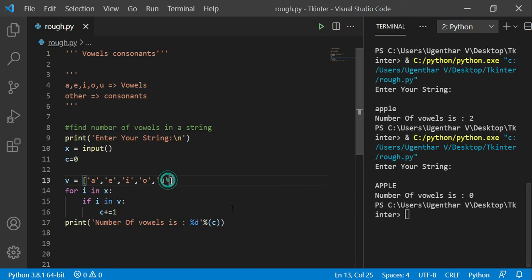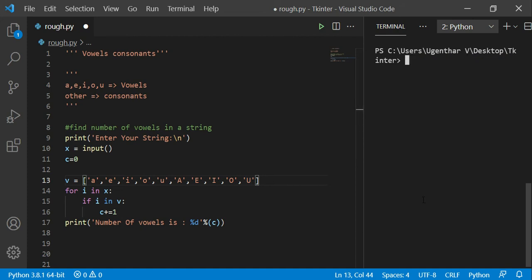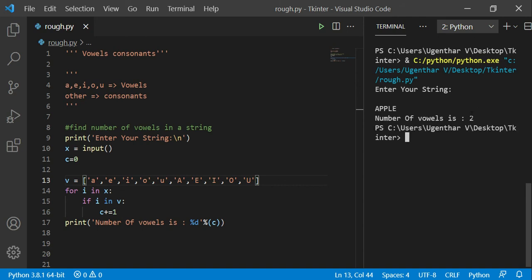One is by adding caps vowels to the list like this. Let me clear this and run the code again. Now I am giving the same input. Now it works fine.